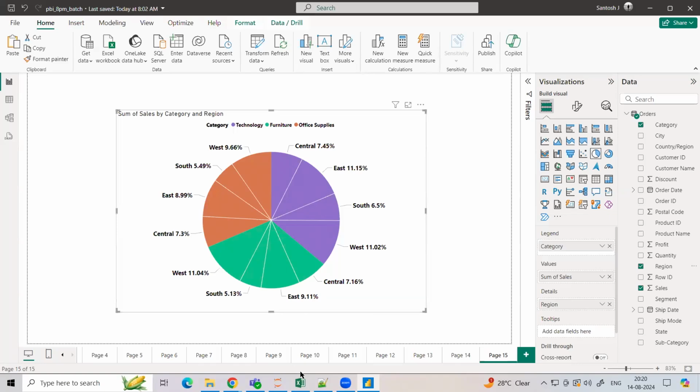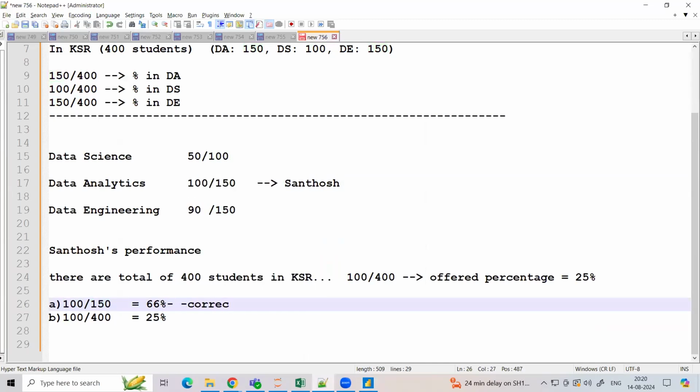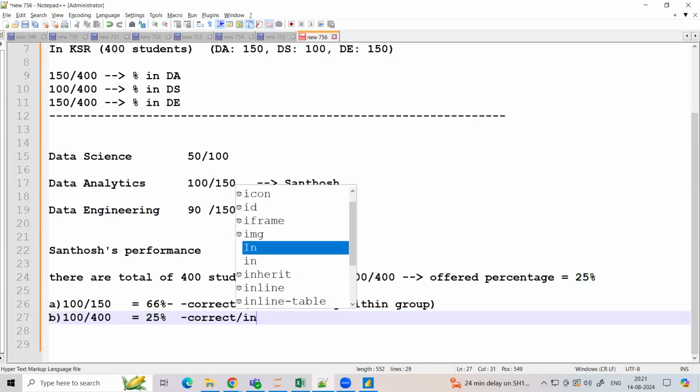It is just like what I'm comparing here. I should have actually compared with respect to Santos. There are 150 people, 100 people have got a job. So 100 by 150 should be correct, because this is a percentage I am calculating within a group, within a particular group. But what I am doing, see, this is also correct when I say from the overall how many belong to offered from Power BI. But now this 25%, sometimes it is correct, sometimes it is incorrect,